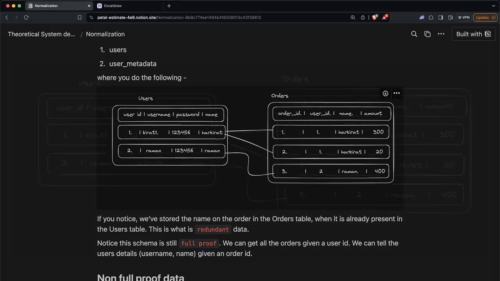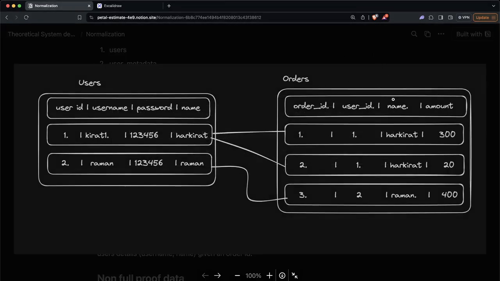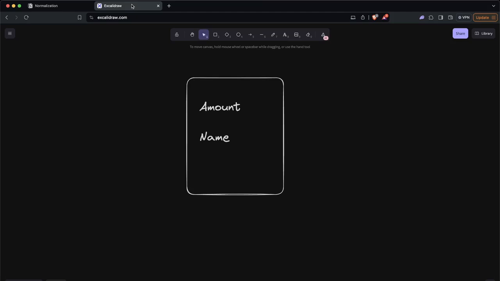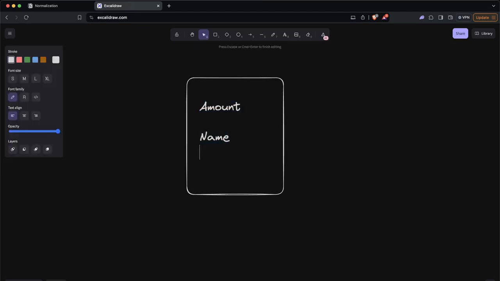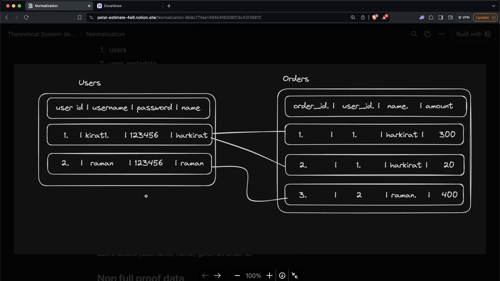One more thing to notice here is, even though there is redundancy, we've put the name here, we have also put the user ID. So let's say if the card required not just their name, but also their username, you can still fetch it from this database. It's this table. It's still foolproof. By foolproof, I mean,